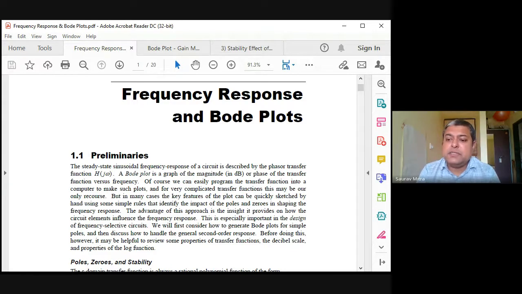For whichever frequency, generally we find that the system gain changes with respect to frequency. So for a certain part of the frequency, you will be finding the system gain is less than 1. For a certain part of the frequency, you will be finding the system gain is greater than 1. Okay, and there is a certain point where the gain is exactly 1.